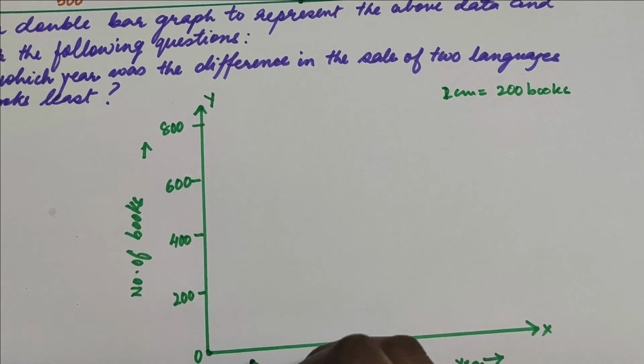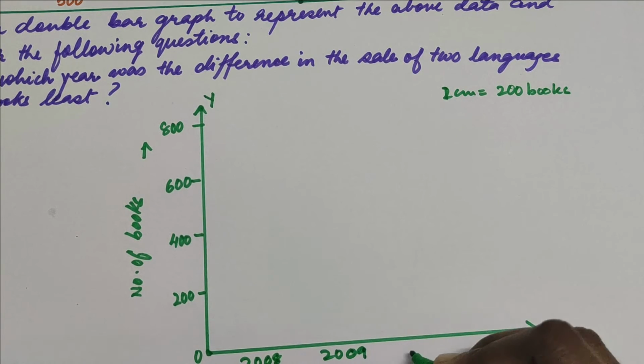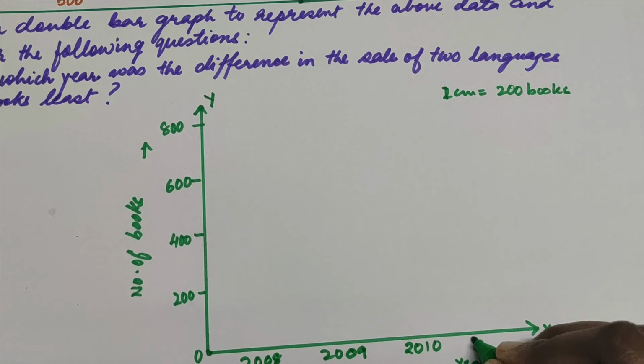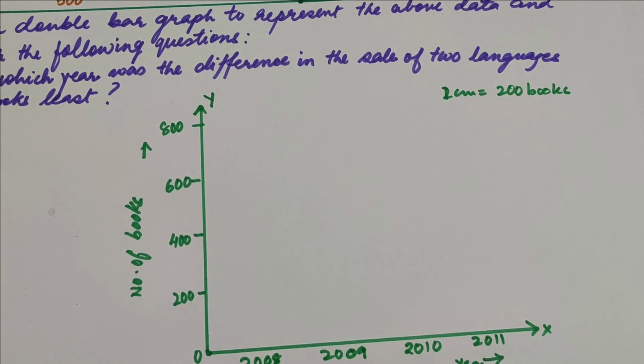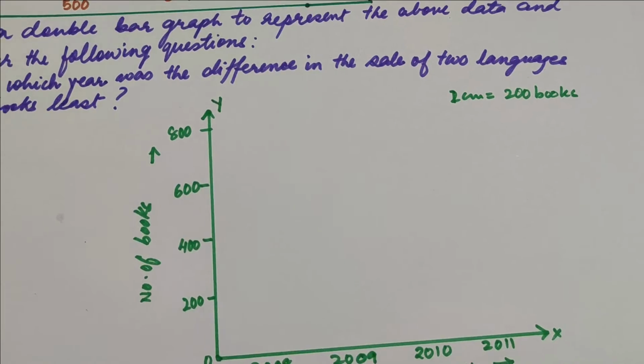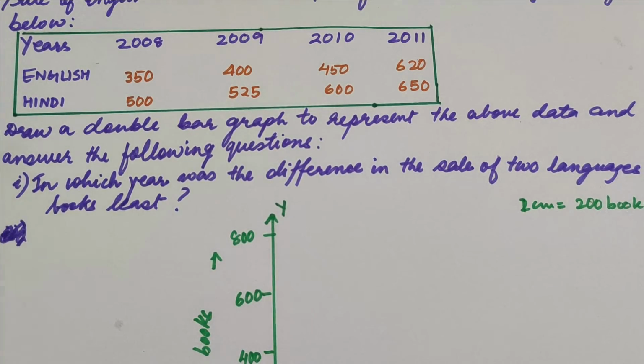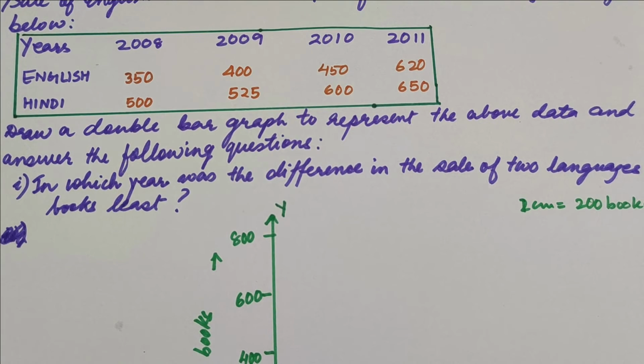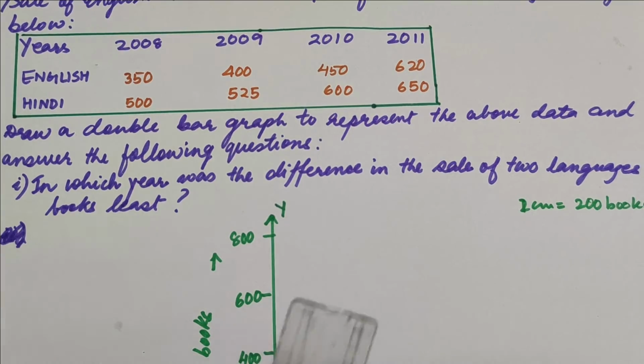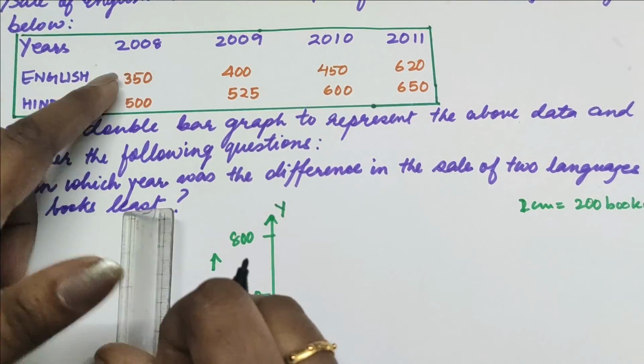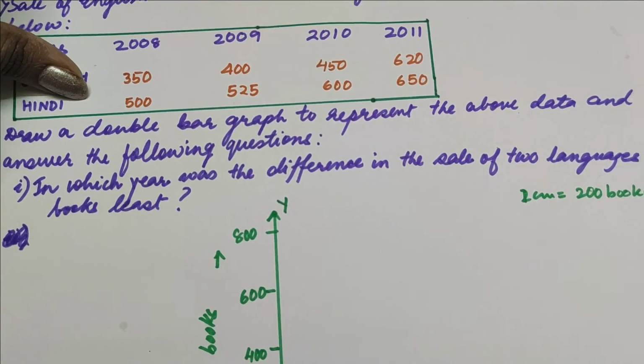And here I am going to write the years, that is 2008, 2009, 2010 and 2011. Now in 2008, this is a double bar graph. We will be representing English and Hindi in 2 different patterns. Like maybe we can draw lines in one bar and dots in the other, or leave one as blank. So as it is a double bar graph, we will be drawing 2 different patterns in the bar graph to differentiate between them. So if I do English 350 and Hindi 500 for 2008,